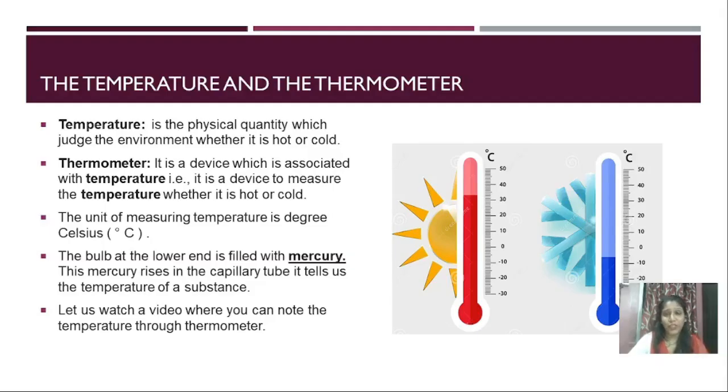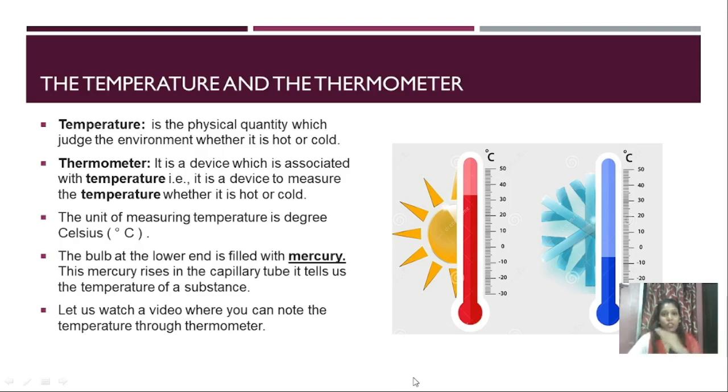I hope you all enjoyed the video. In this video, you have observed that there are three states of water. First is ice, second is lukewarm water, and third is hot water. When the thermometer was dipped in the cold water, the temperature was 0 degrees Celsius. When the thermometer was put into lukewarm water, it was 47 degrees Celsius. And when the thermometer was put in the hot water, the temperature was 80 degrees Celsius.